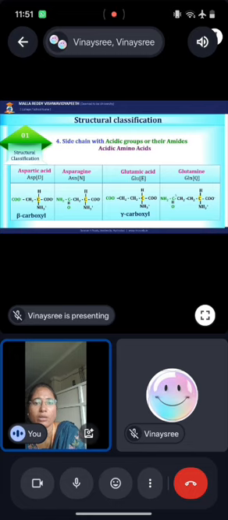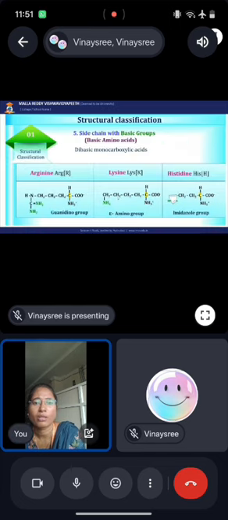Here the carbon it was present. So this is the difference between these two carbon atoms, these two amino acids. So these are the classification of the side chain with the acidic groups. Coming to the fifth one, the side chain with the basic groups, that is, basic amino acids will be there. There are dibasic monocarboxylic acids also, we can call it as